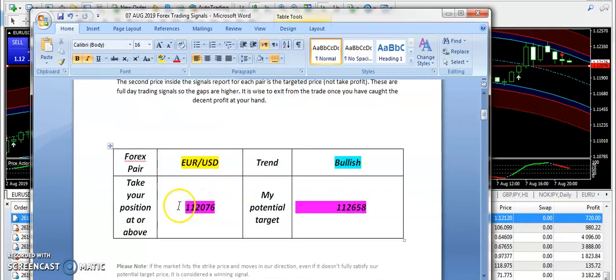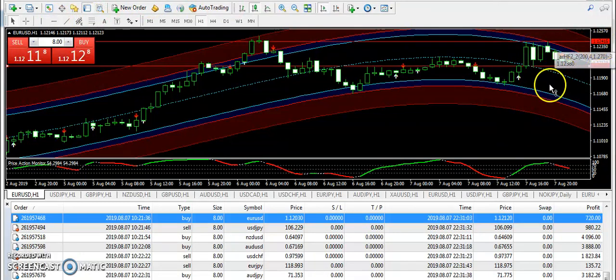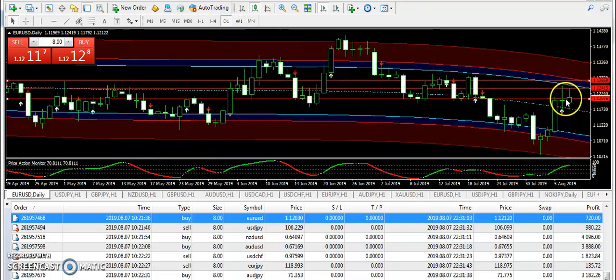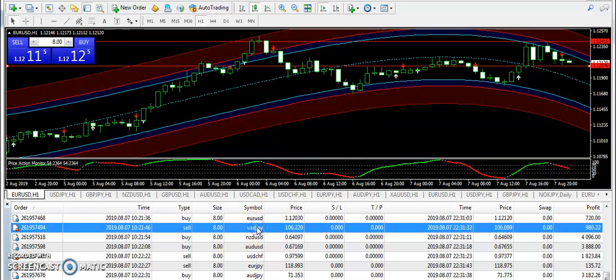And EURUSD with a bullish expectation from 1.12076 and 1.12658 was the target price. However, you can see guys, the market has gone up to 1.12415. So this was the gap only we have taken on EURUSD. If you look at the daily pattern on the chart, then you can see that EURUSD is clearly up. So overall it's in a bullish zone, and I have already provided the video about the weekly forecast in the previous week. So overall it's in the bullish zone.